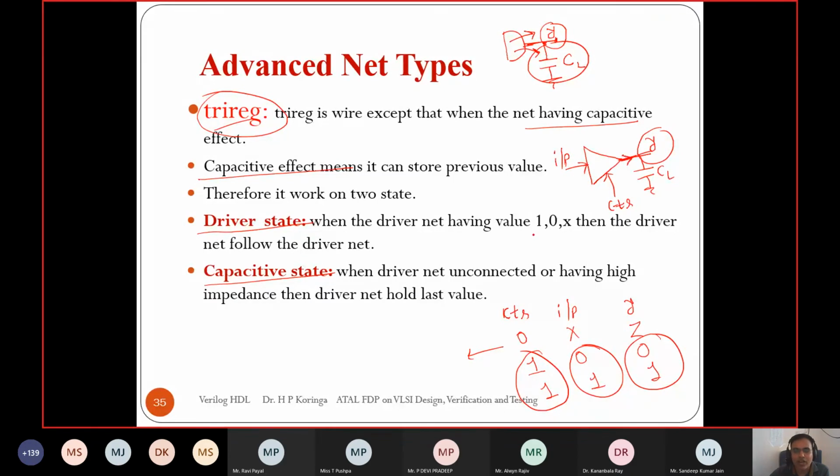It takes that value, either 1, 0 or x. But whenever control is equal to 0, meaning it is in a high impedance state, at that time if you define the net as a trireg, then it will hold the previous value instead of a high impedance state. So that is the difference between a simple wire and the trireg. It holds the previous value when there is no driving.